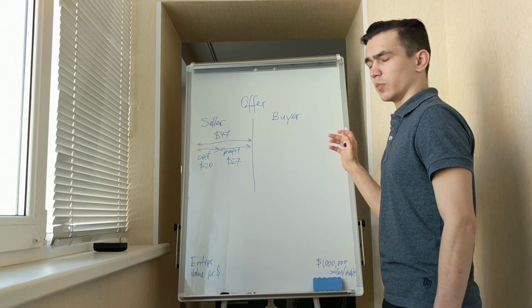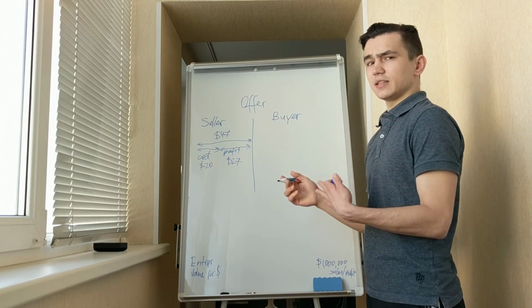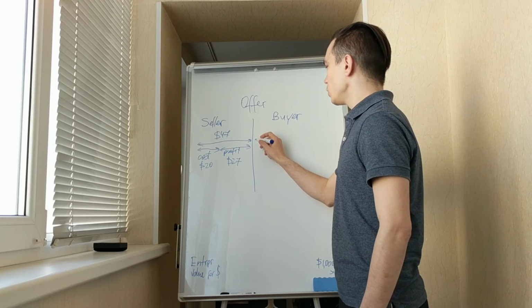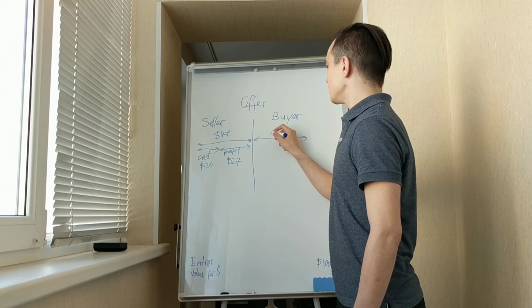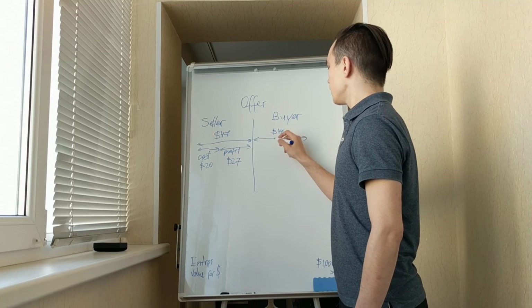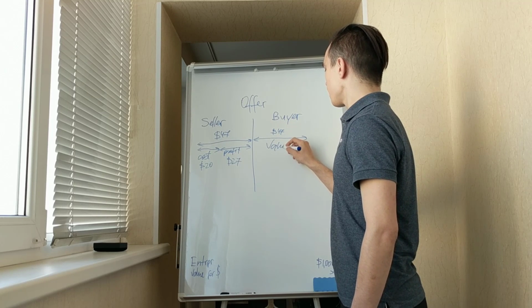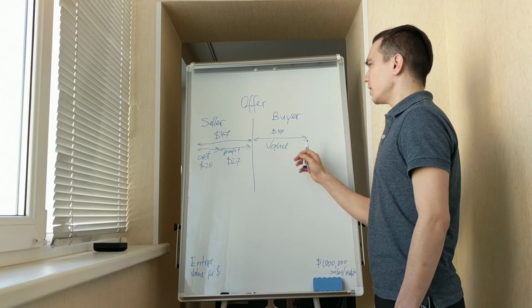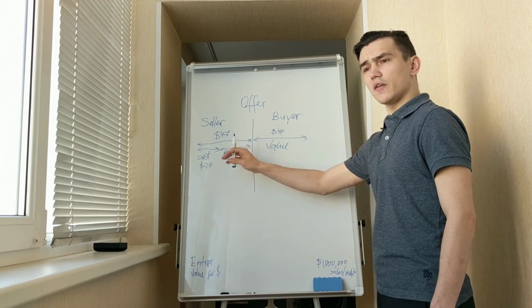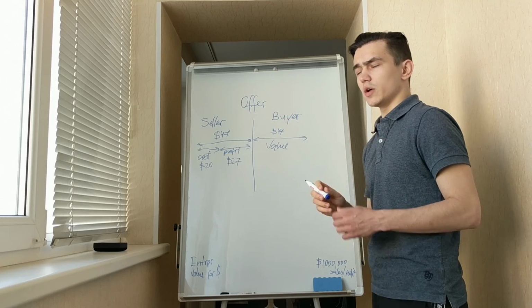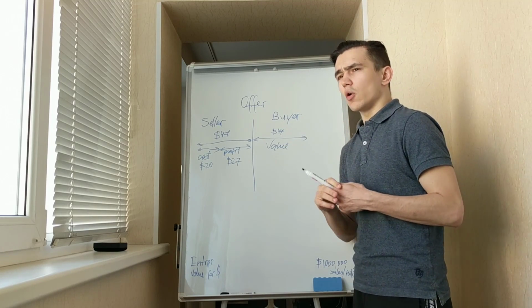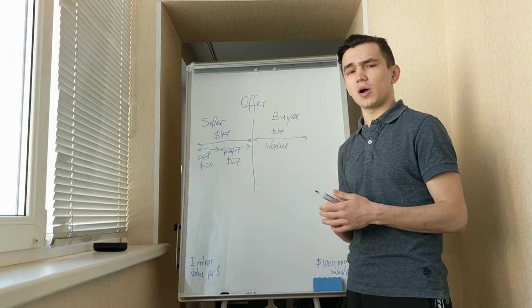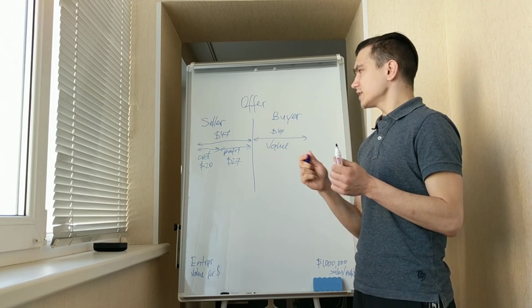And you have the buyer part. The buyer sees the value. So you want to give the buyer the same $47 value. That's what the buyer sees. You see cost and profits, the buyer sees the value. So your offer should be solving a problem, and depending on how big of a problem you're solving, this is how you're going to price